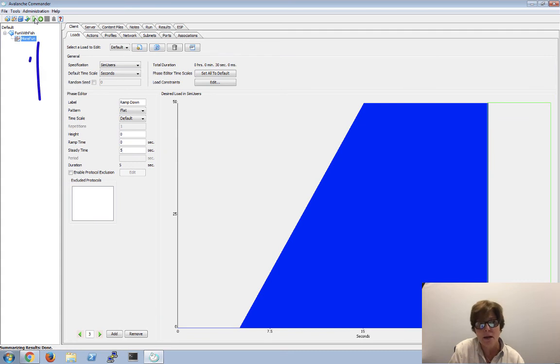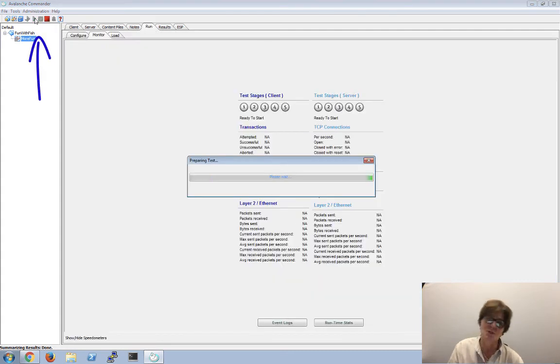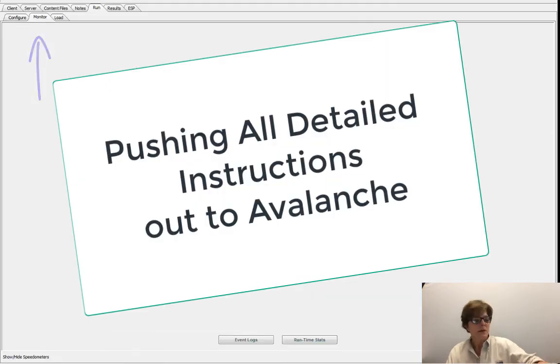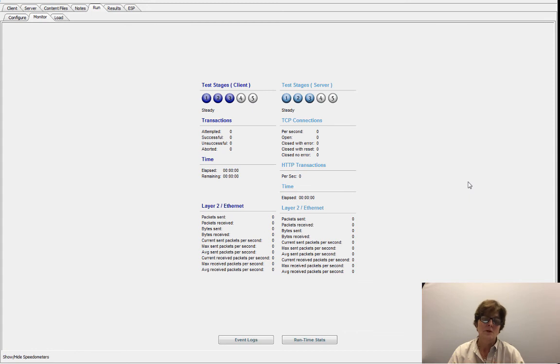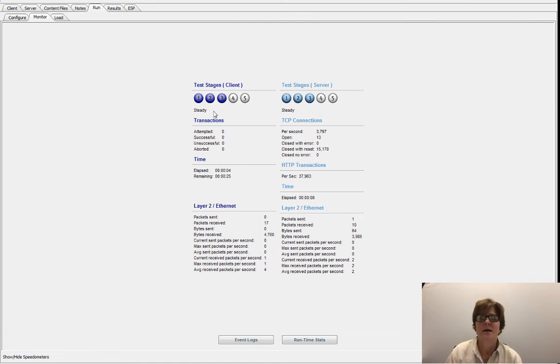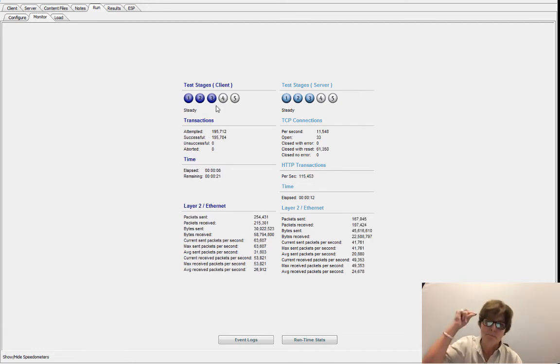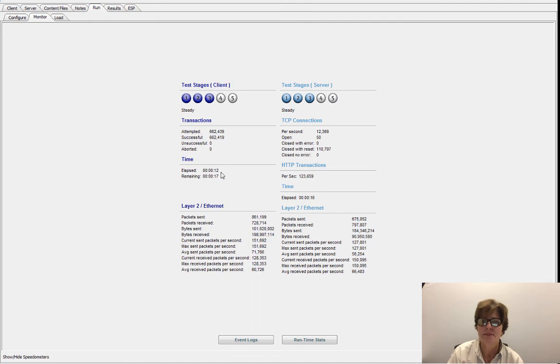So I'm going to come to this button right up here, which is Run Test Now. And this takes a while, so get your coffee. So we're starting to actually kick it off. This is the client and the server stepping up. So 1, 2, 3. So we're like, okay, we're starting up. And now we're going to get ready, and bam, we're hitting it. So the elapsed time is 8 seconds. This is how much we have remaining.